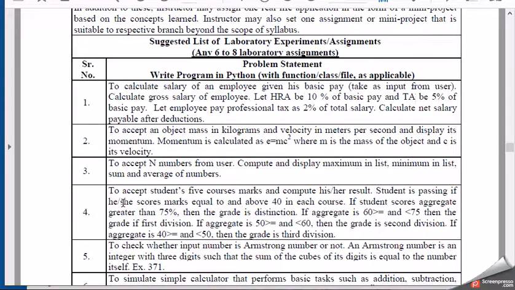Okay, and then we need to calculate this gross salary, and once the gross salary is calculated, then we need to make sure that 2% of professional tax will also be deducted on gross salary. At last, we need to calculate the net salary payable after deduction.